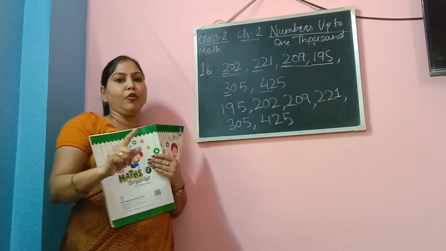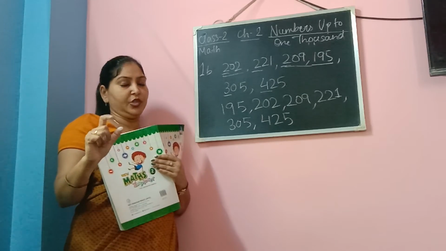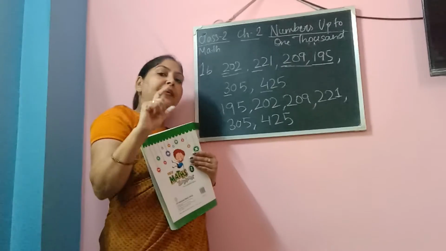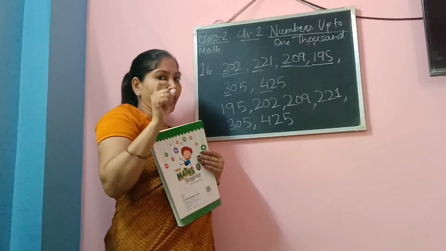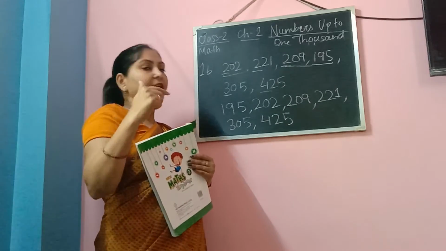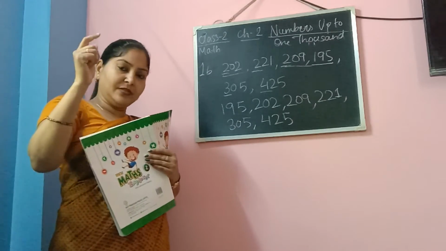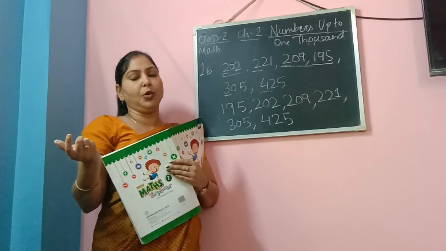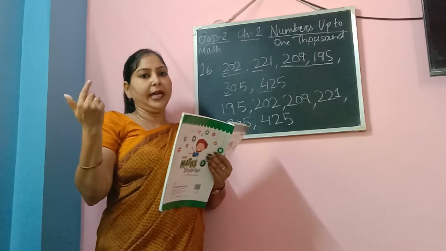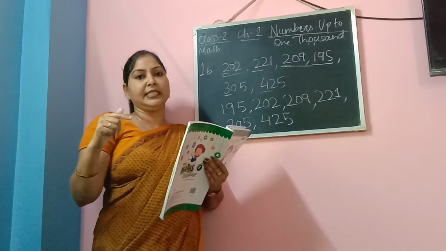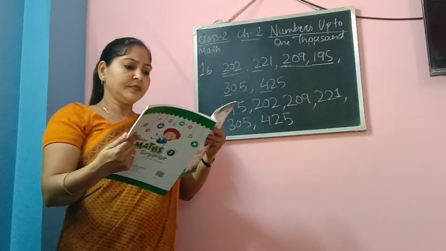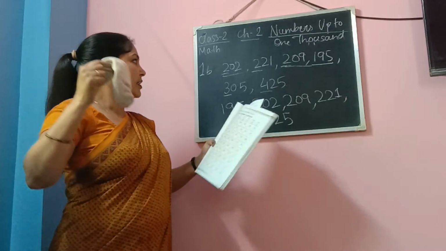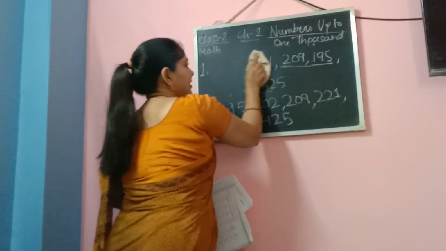Okay. So first and foremost, you will count the number of digits. And if you find the number of digits are the same, then we compare the place value from left to right. And then we keep on comparing according to the place values, and then we find out which one is greater and which one is smaller. In this way we can write ascending numbers and also descending numbers. Okay. So you have question number C also. One more question I will be doing. This is number B and number C I will do.